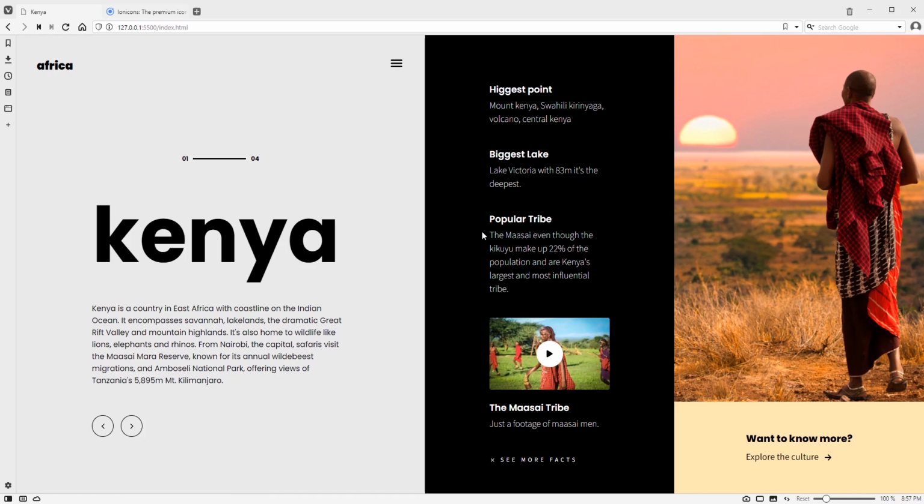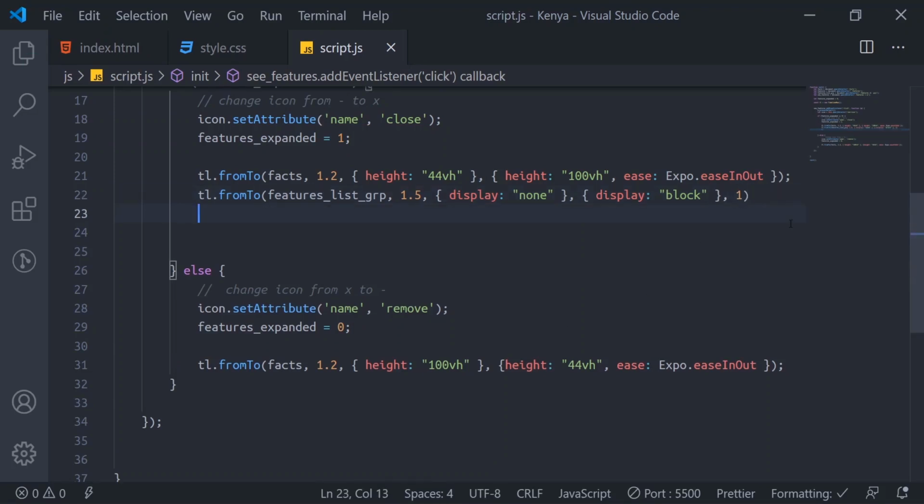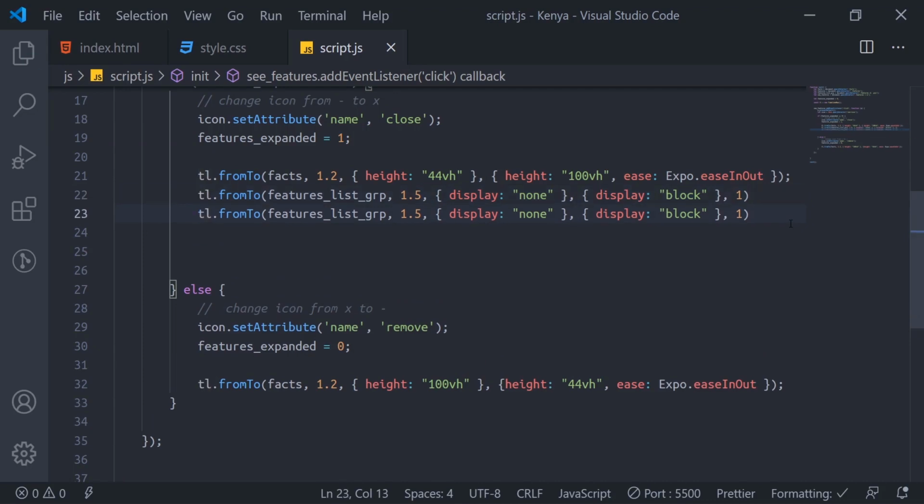So what I could do here is add opacity for this animation. After we close this here, I'll come down and just duplicate this thing. For this next one, I'll take the close out. For here, we'll say 0.5.